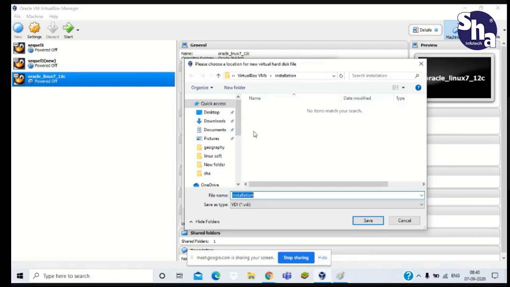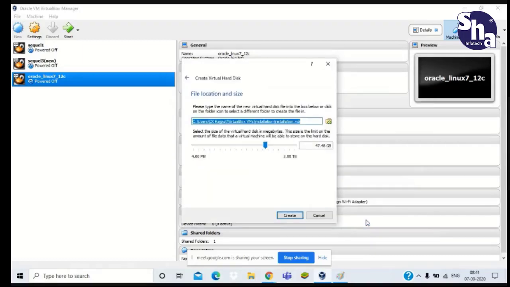You can see I'm keeping it in local disk C. By default, it is created in local disk C, where the VirtualBox VMs folder is created, and the VDI is kept in that. So I'm saving this. You can see C, Users, CK Rajput, VirtualBox VMs, and installation VDI. This file is kept in the installation VirtualBox VM folder.